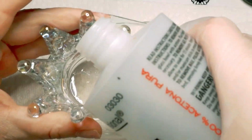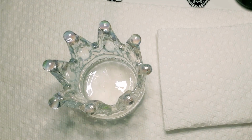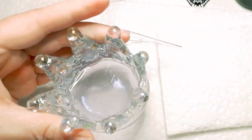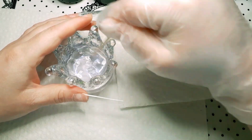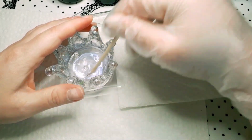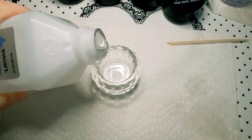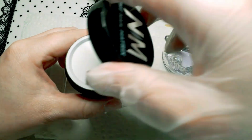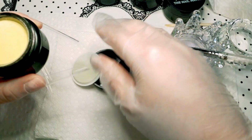This is what they look like completely applied, and they're very thick. I like that, and honestly they fit really nice in the wells of my finger, from sidewall to sidewall, without having to trim down that little extra pointy part at the edge of each tip. Since I'm using my odorless monomer today, I am using the Nail Light Odorless Monomer. I'm also using some polygel, so these are going to be hybrid nails, so I also use alcohol. I added some acetone to my monomer so that it will cure faster, because this stuff will make your